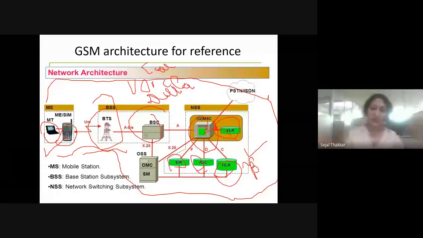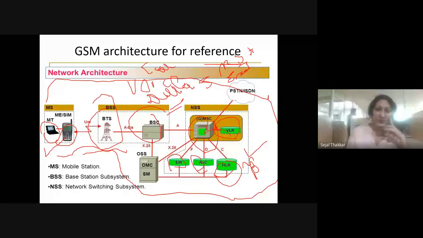And GPRS will support data. Data means you can send SMS, you can send email, you can transfer some files through the internet, you can send videos and photos. All these are supported by GPRS.